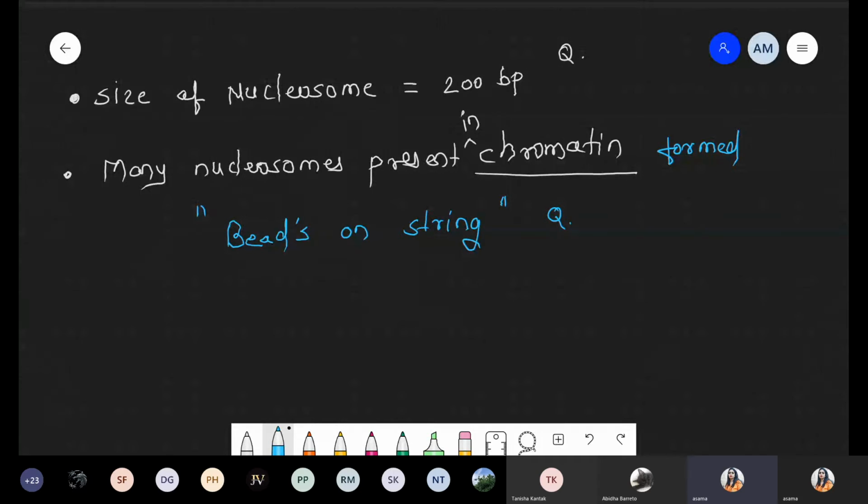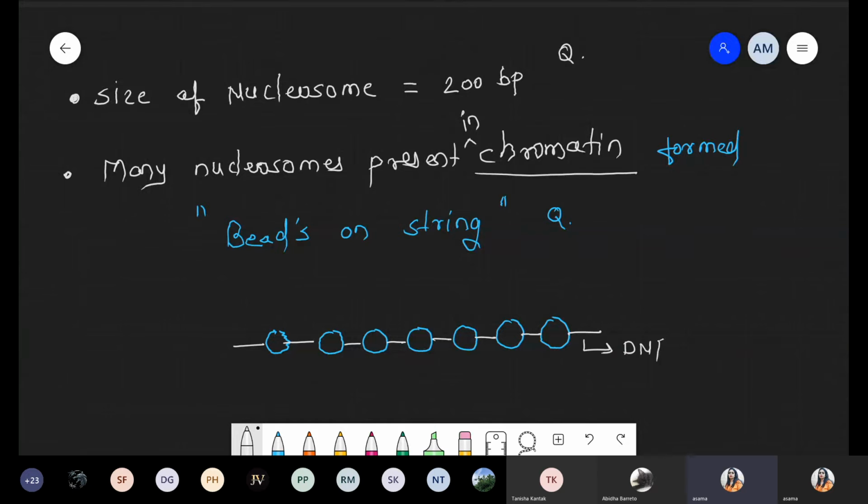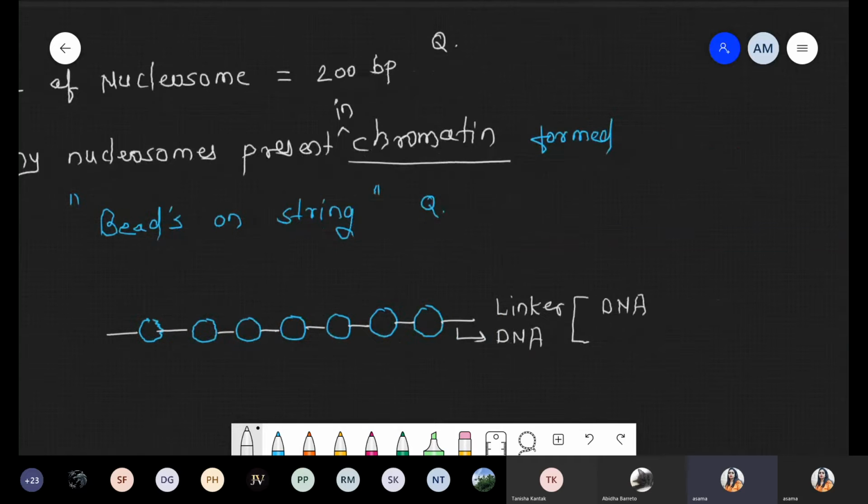So these are one nucleosome, second nucleosome, third, fourth, fifth. Such a linear structure of nucleosomes is covered with DNA. There is attachment of DNA also. The DNA is coiled, and again DNA is present between two nucleosomes. Such a part is called DNA, and more specifically it is called the linker DNA. And what is the meaning of linker DNA? That is DNA present between two nucleosomes.